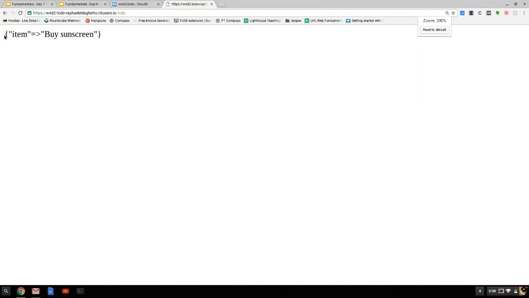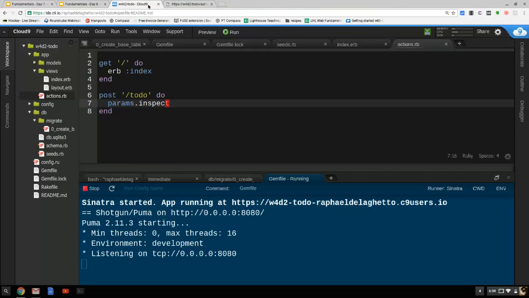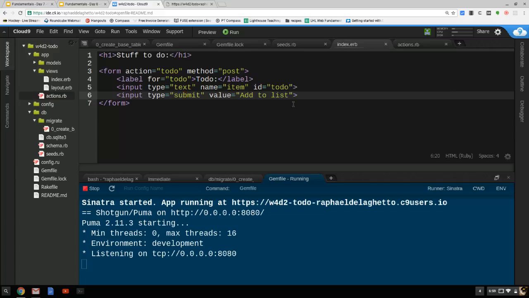And that's what's being passed from the form. Now, just to kind of crystallize this concept here, I'm going to change the name. Right now, item is the key. I want you to see this and appreciate what's happening here. I could call it something to do. It doesn't matter. I do this now,